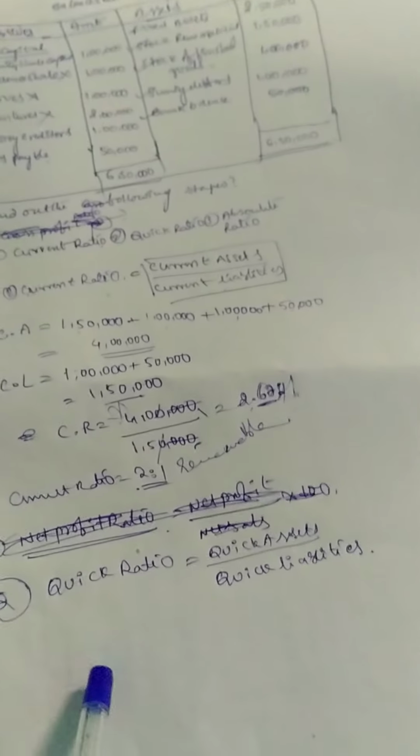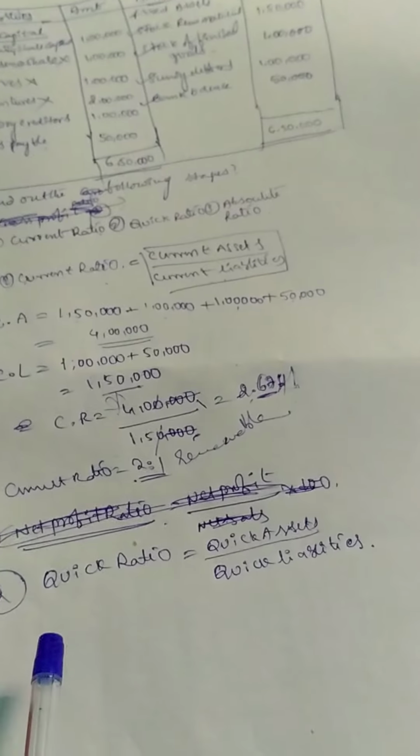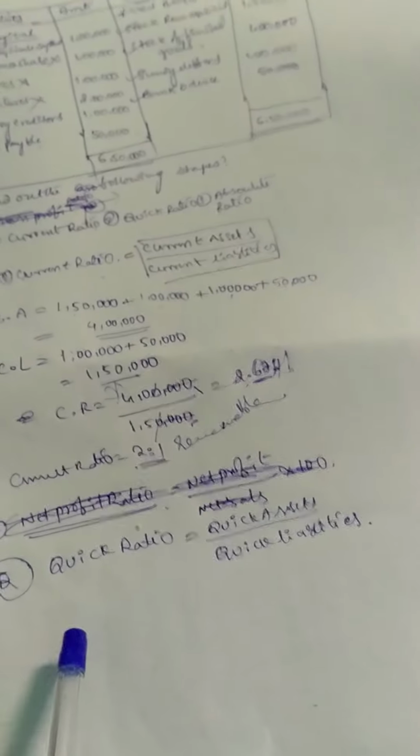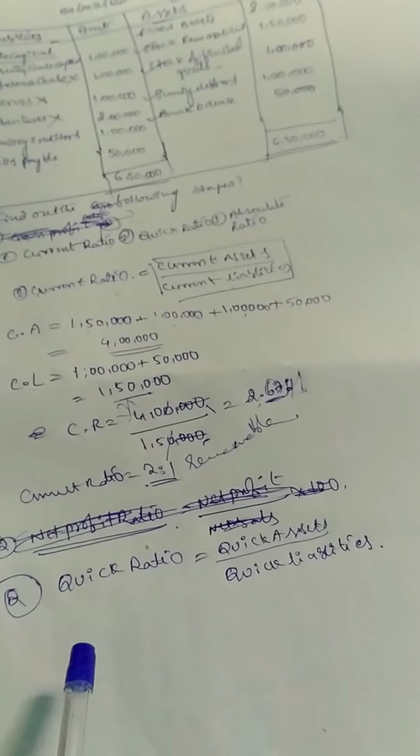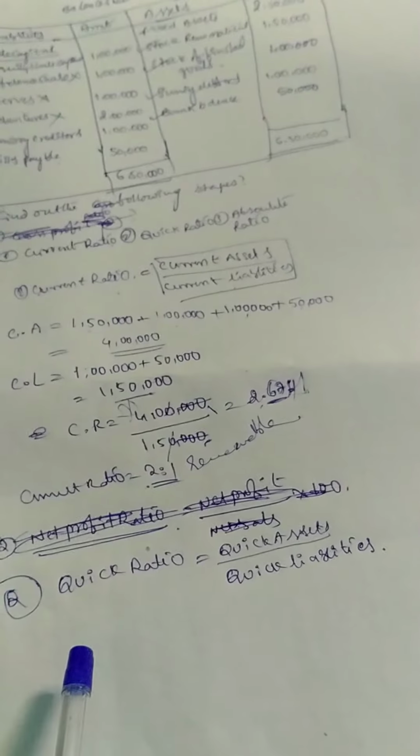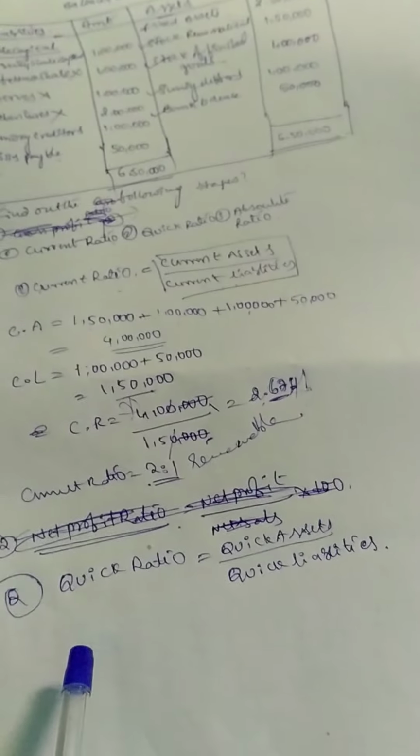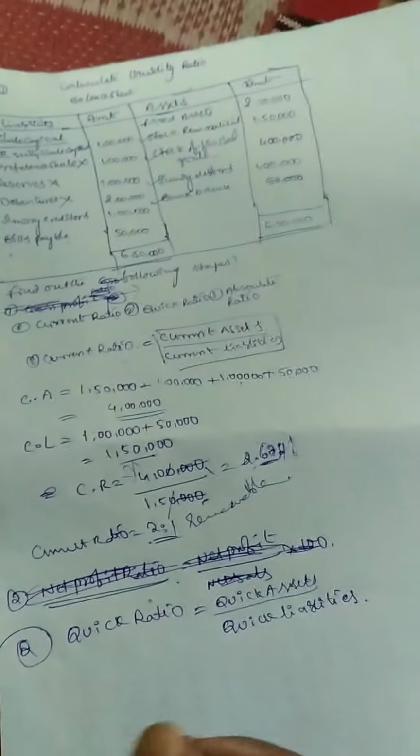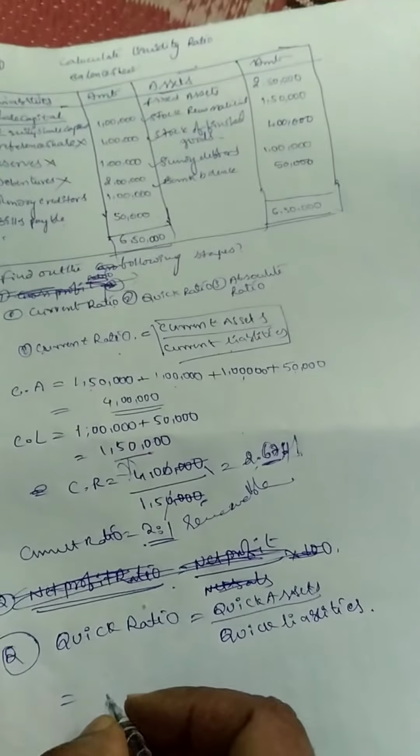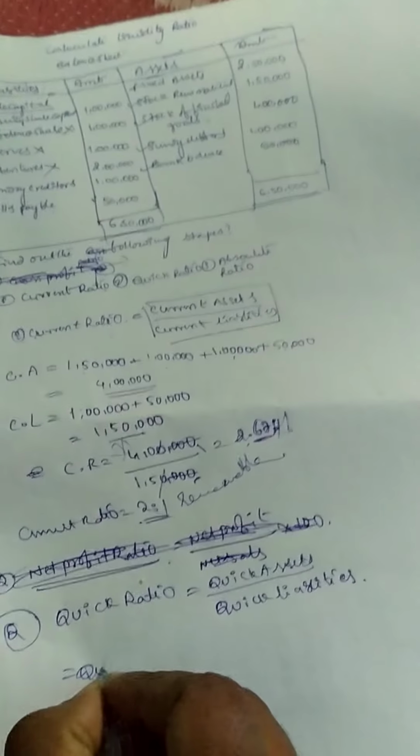Quick ratio. See that in the second part, what things are involved in quick assets and what things are involved in quick liabilities? Now you can go to find out the first. So what are the quick assets and what are the quick liabilities according to this problem? Quick assets means,